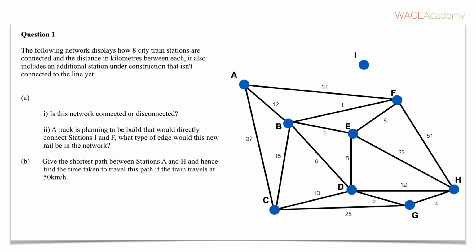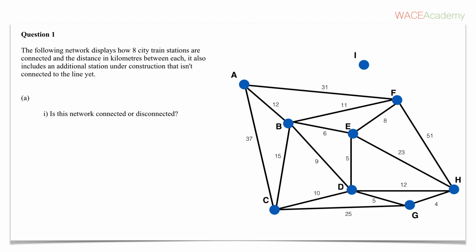For part A(i), we need to recall the requirements of a connected network, which are that each vertex in the network must be connected to every other vertex. A hint in the question was that station I isn't yet connected to the railway system, and when we look at the network, we see that the station represented by vertex I is isolated. So because vertex I isn't connected to every other vertex in the network, or any other vertex at all,